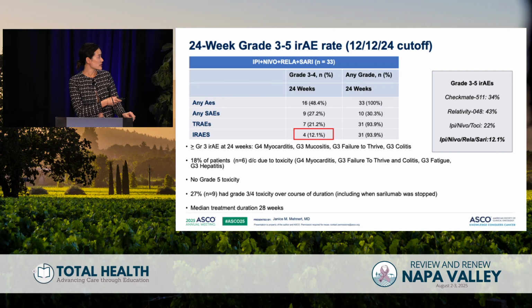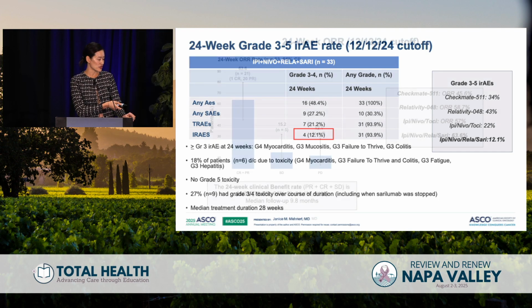So you can see here that the overall severe grade 3 to 4 IRAE frequency is 12.1%. If you recall the table I showed you earlier, and the authors kindly remind us here that this is the rate of severe IRAEs with other combination immunotherapies, we're looking at anywhere from 12 to 43% down to 12.1%. So certainly food for thought.